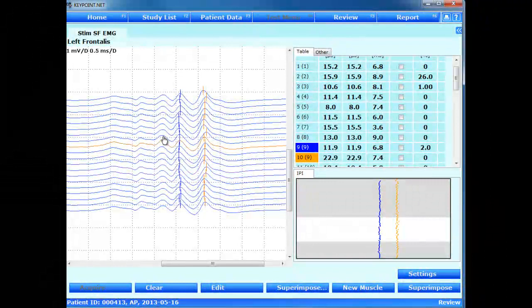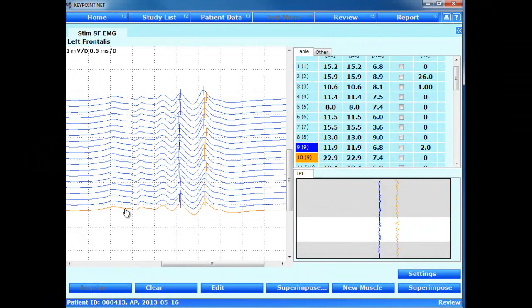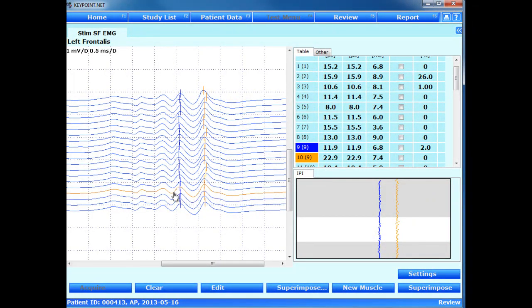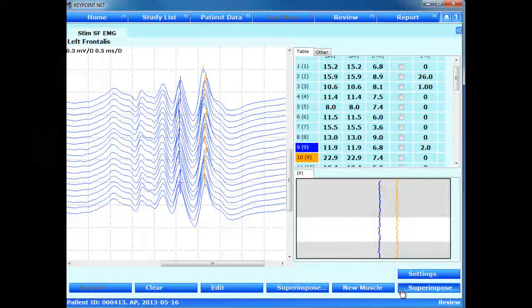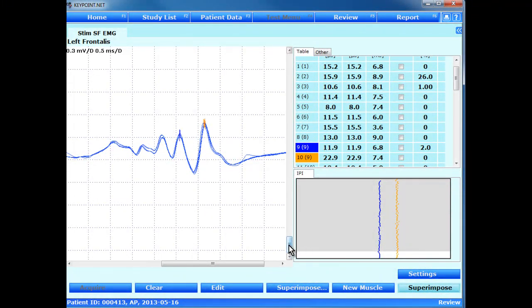probably not fulfilling the acceptance criteria, and certainly not in this recording, because you see the computer has not found any spike here and here. And if we increase the gain and superimpose, and take 5 and 5, you see that these 2 that have been accepted are quite nice, but we have